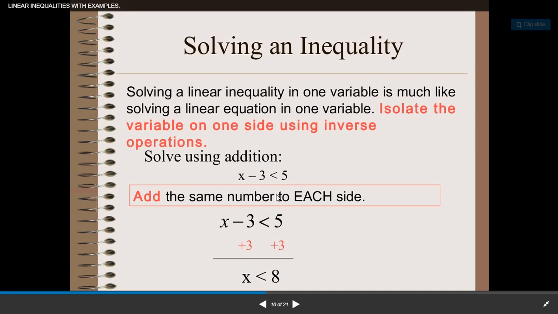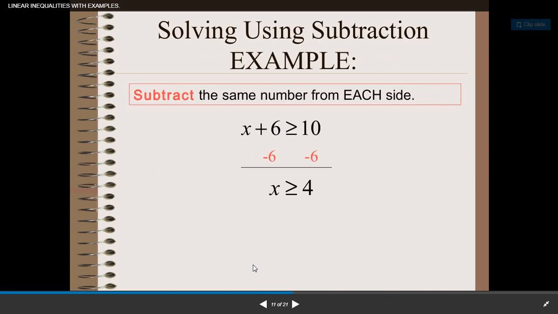So I repeat what I said, solving an inequality is really simple. Just follow the same rules as you do for solving an equality. Let's look at another example. If x plus 6 is greater than or equal to 10, so again 6 goes onto the other side and we keep the same symbol of inequality which was there in the question. So x is greater than or equal to 4.